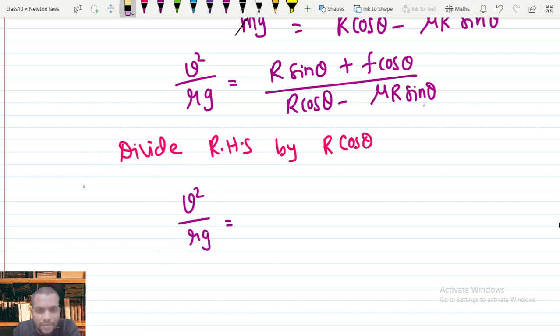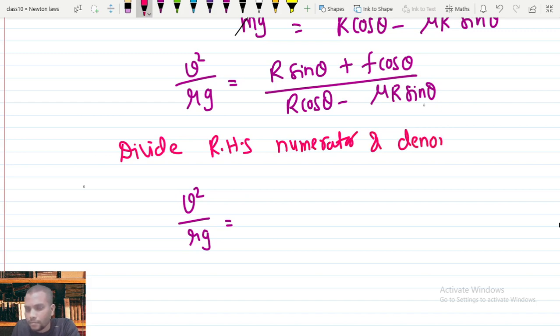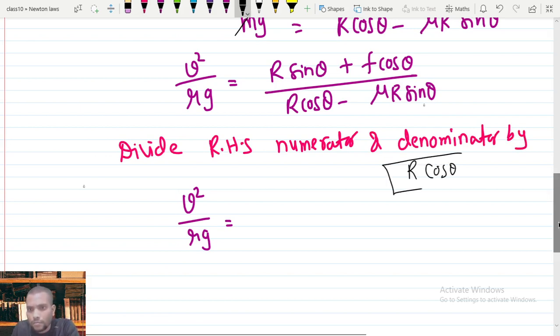It is divide the RHS numerator and denominator by R cos theta. So we are just dividing the numerator and denominator with R cos theta. So the above expression changes as